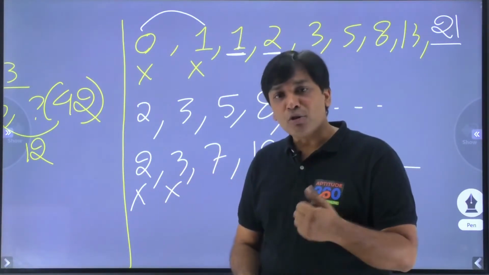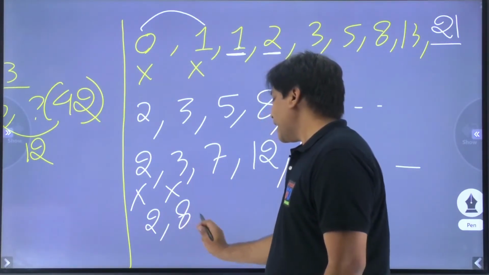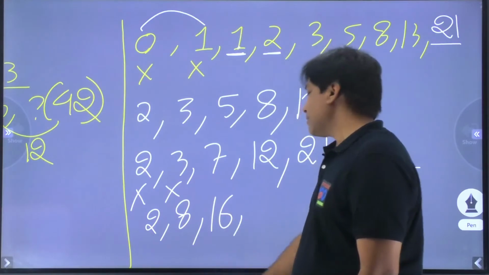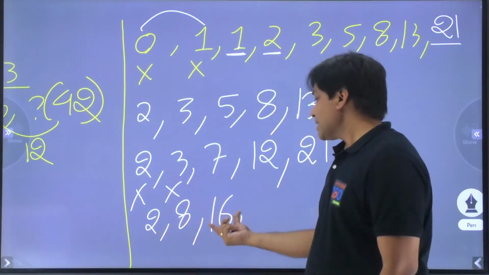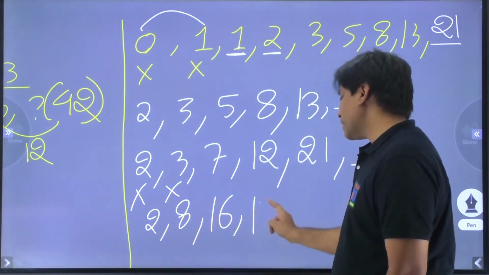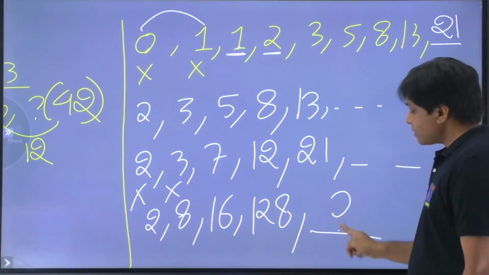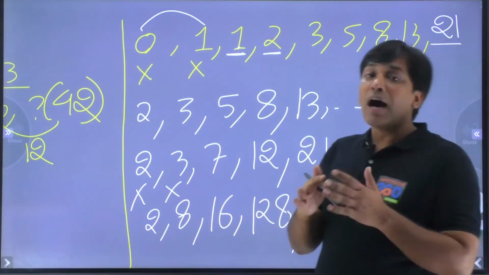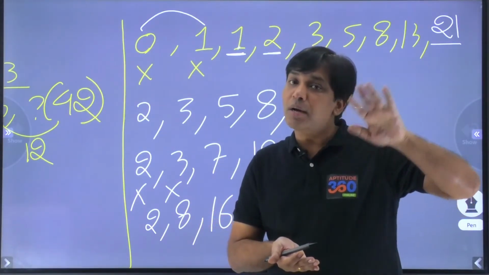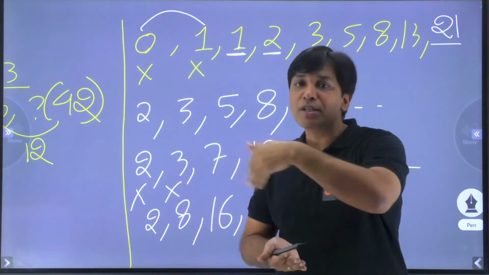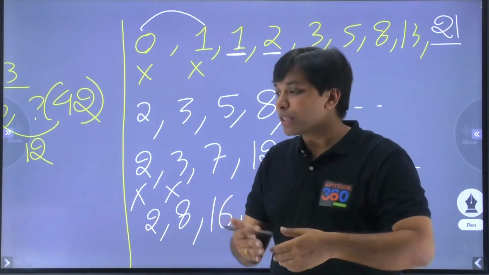There can also be some manipulation in it. Something like this can also happen. What if I say that 2 and then 8 and then this is 16. 2, 8, 8 times 2 is 16. 16 into 8 is going to be what? 128. So what is going to be this term? This term is going to be this into this. That's pretty simple for you to identify. But yes, is it clear to us that after leaving the first two, from the third term onwards something would be either the sum of the previous two terms or the product of the previous two terms, or some manipulations will also be happening with them, right?